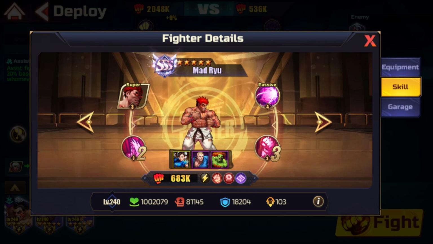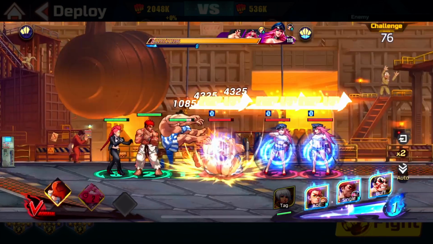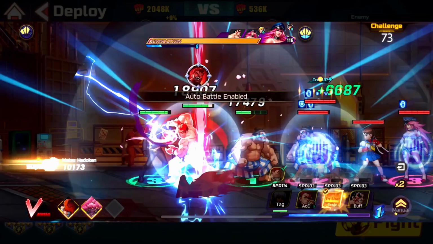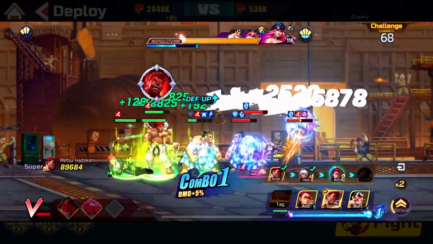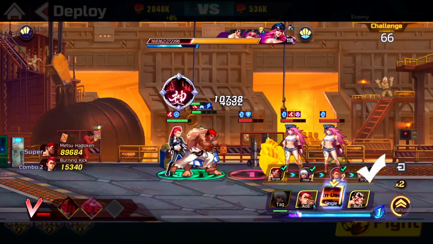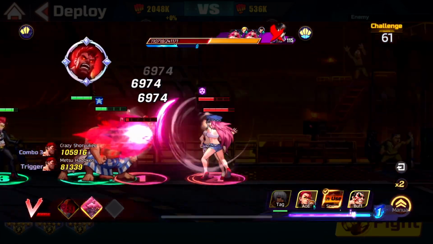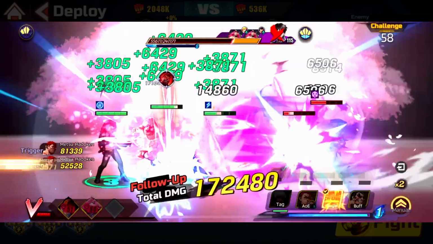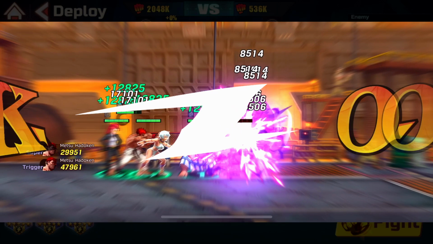Mad Ryu's just a damage powerhouse. In my opinion, he's the best early game character in the game. He can get you through a lot of tough fights just from the sheer amount of damage that he can output. I recently started a fresh account, and I wanted to see which character would be the best, and I found that Mad Ryu is just a spectacular choice. Early on, the game gives us a free A+ Mad Ryu, so he becomes much easier to build than some